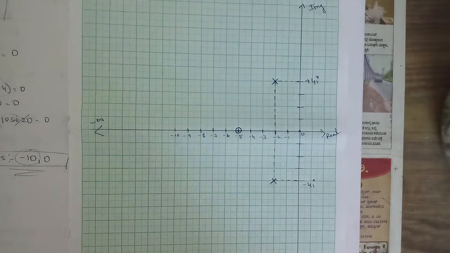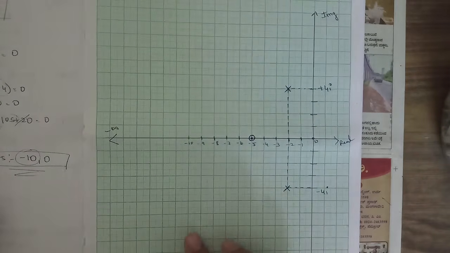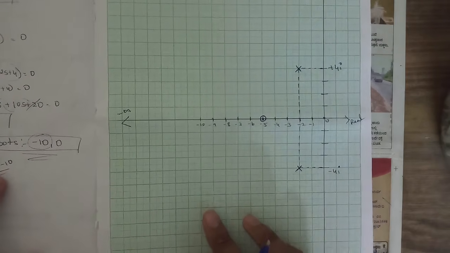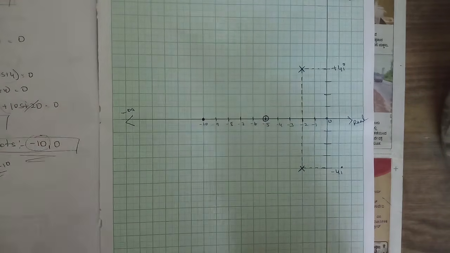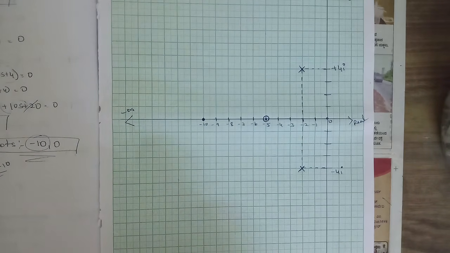Okay, but we have got one breakaway point here, right? Minus 10. Yeah, so mark that breakaway point here. Okay, highlight it like this, at minus 10. Then